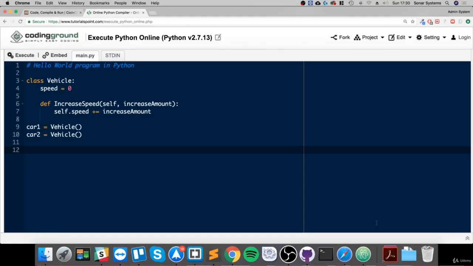Hello, in this video we are going to look at accessing attributes from our instance objects, which are these of